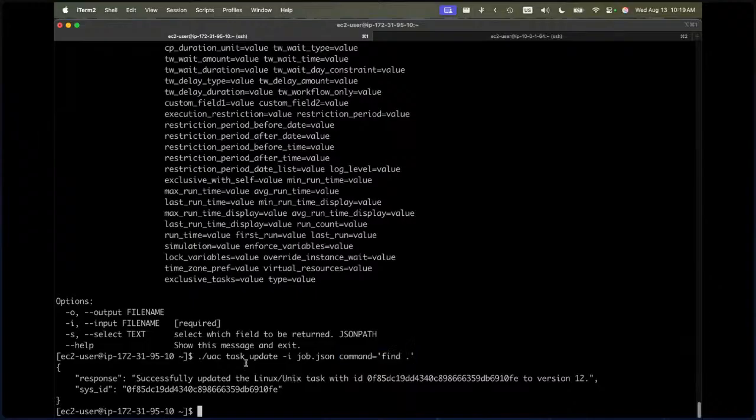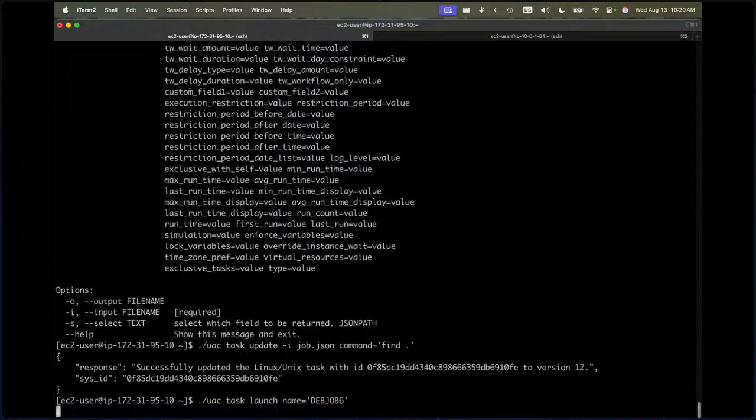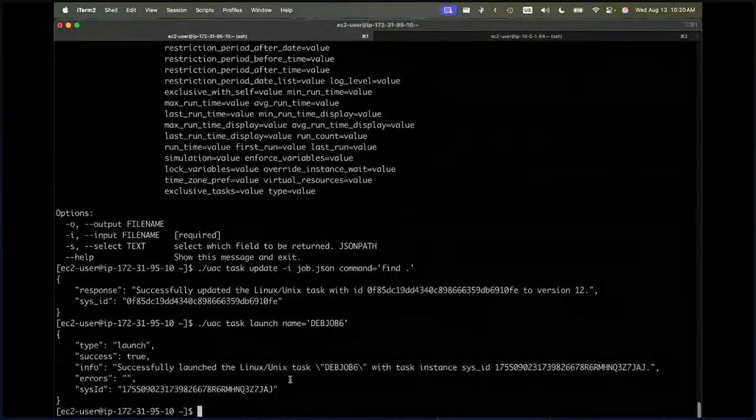And one other thing I want to show, because I don't want to spend so much time here, is to launch tasks. You can also use the CLI to launch some tasks. You can say task launch, and then you say the name of the task, which is like the job 6. If you do that, it will launch the task, but it will not wait for it. But this launch option has